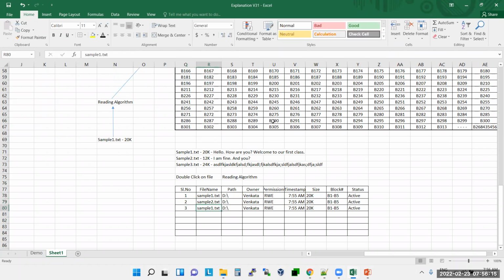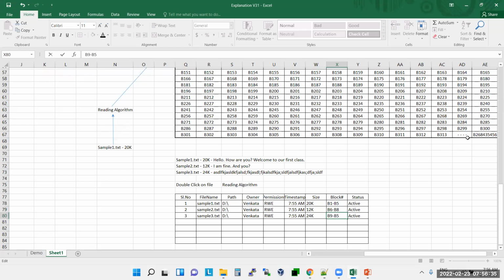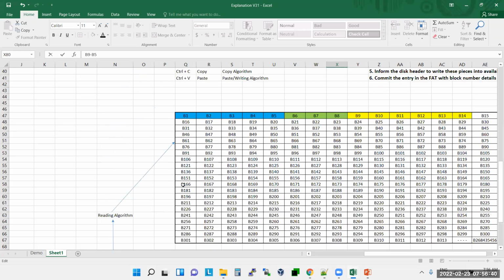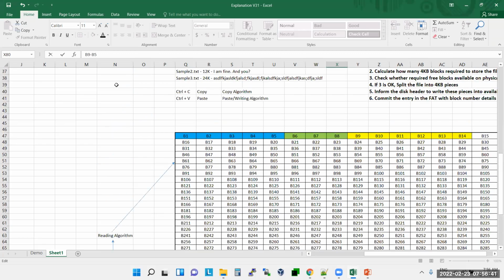Sample 2.txt. Sample 3.txt. Okay. So here, this is 12 KB. This is 24 KB. So here this is like B6 to B8, B9, B9 to B14. Okay. So if we have some table like this,